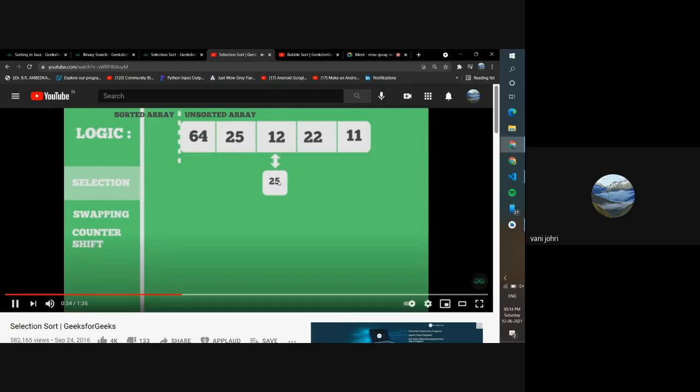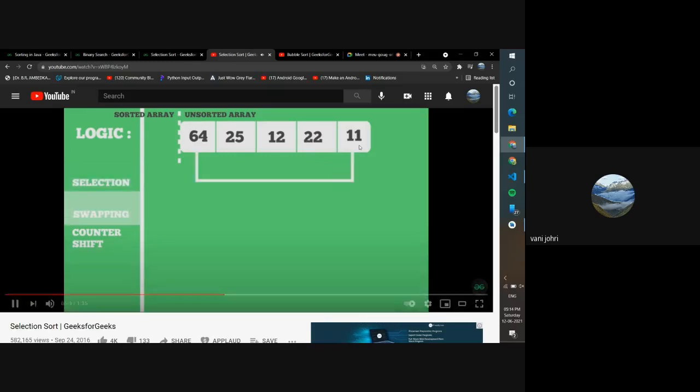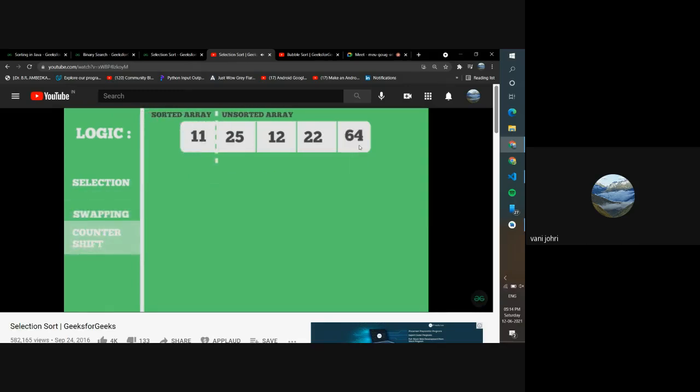See it's changing because 12 is smaller than 25, and then 22 is not smaller than 12, so it stays that way, and then it is swapped. Just look at it once. I think this will be a good way of understanding it.